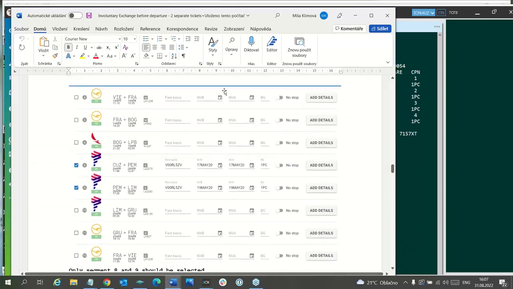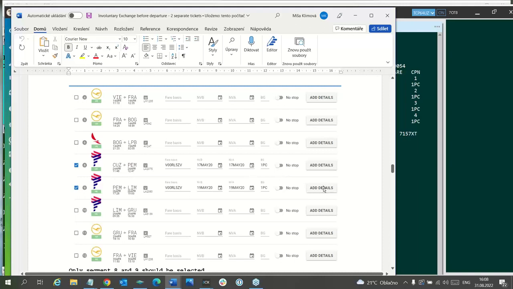In these tables, all segments which are in the PNR will be displayed, but we will use only these two segments. Of course, they are empty, but you can click on Add Details and add automatically fare basis, validity, baggage allowance, and stopover or no stopover indicator.